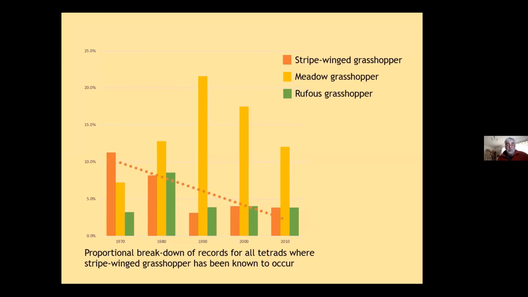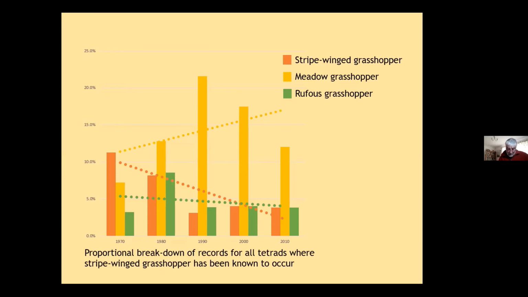They've gone from more than 10% of records to well less than 5% of records for those tetrads. At the same time, meadow grasshopper in yellow has gone up, while rufous grasshopper, which is the green block, seems to be fairly steady,